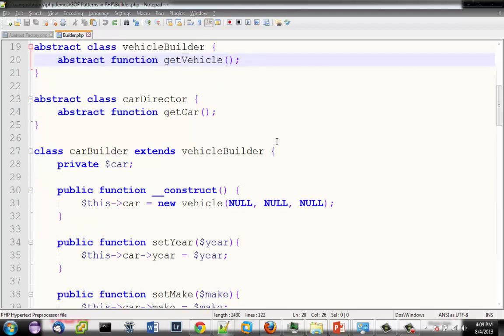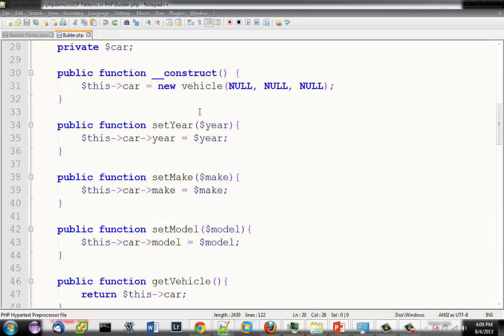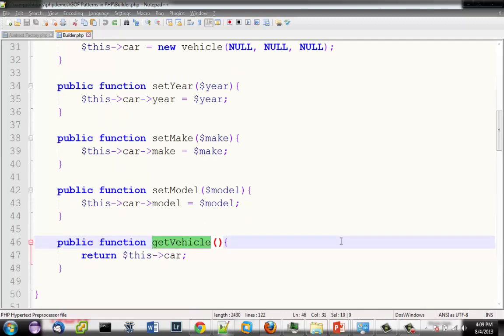And now down here is where I implement the concrete examples of these particular classes. I have my vehicle builder, and it's a car builder, and here I'm just setting various properties on a car. I'm just declaring a car object and setting all the properties to null to initialize it, and then storing that as a private variable until I get down here to the get vehicle method, and I can actually return that private variable as the return on this particular method here. And that get vehicle is the actual factory method in this particular builder pattern here. So this builder class here.